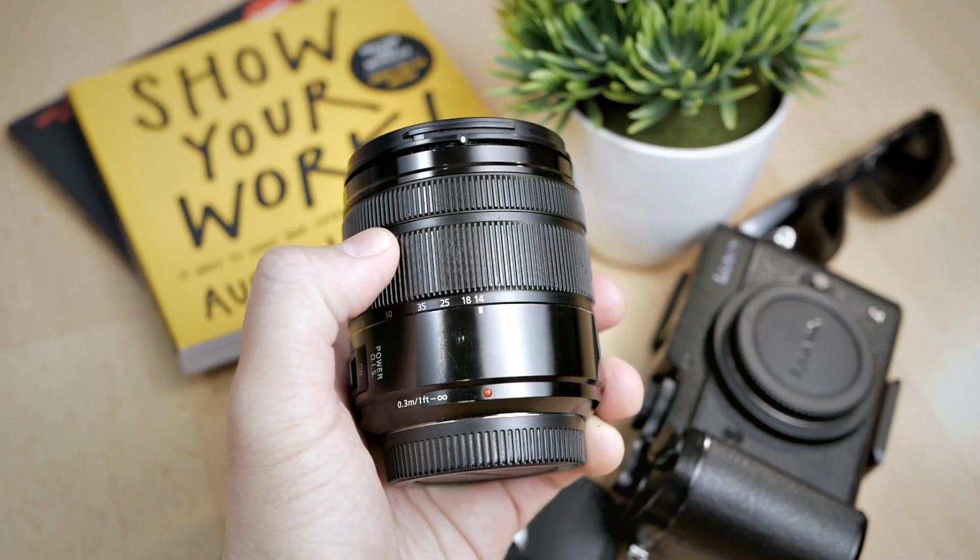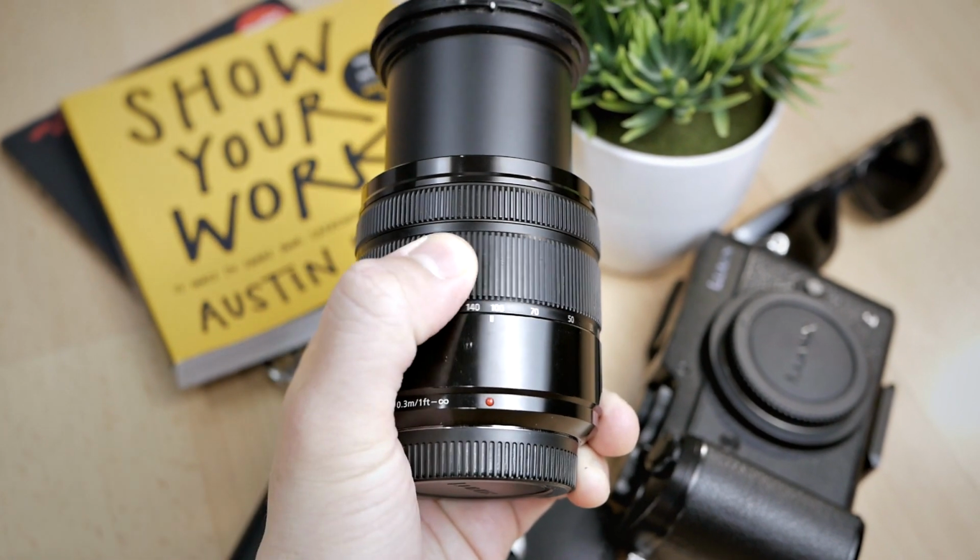If you are traveling, if you're going somewhere and you need the flexibility of being able to go wide and go telephoto, then the answer is this guy right here, the Panasonic 14-140mm. Now, if you just want something simple, an easy to use, very small lens that doesn't really get in your way and produces great quality, this guy is the answer,